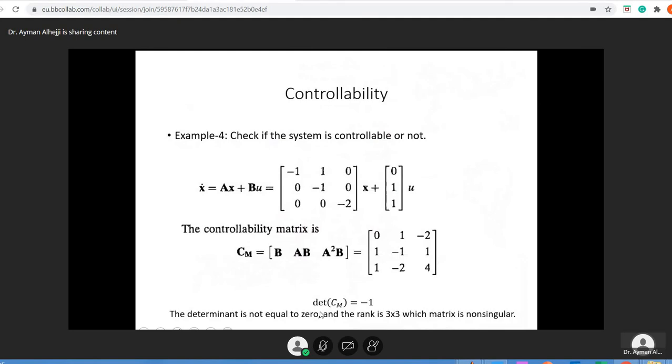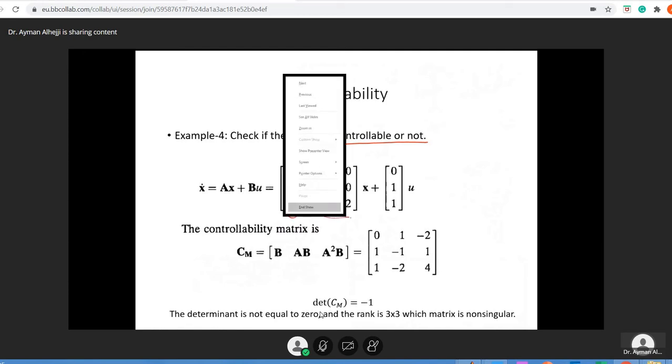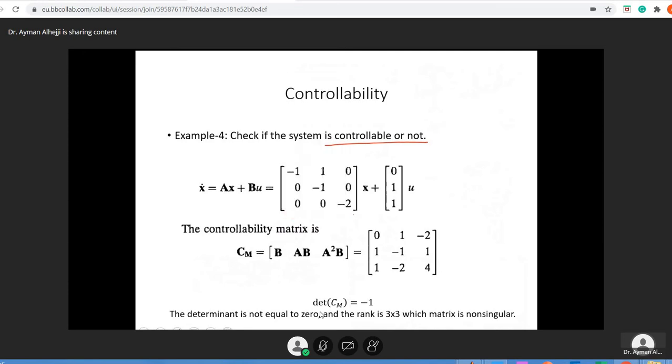So let us take an example. Check if the system is controllable or not. First, we need to identify A. This is considered the A matrix, and this is considered the B matrix, as shown here. And X is the state variables and U is the input. What you need to do is memorize this procedure of this state matrix. After you find the controllability matrix here,